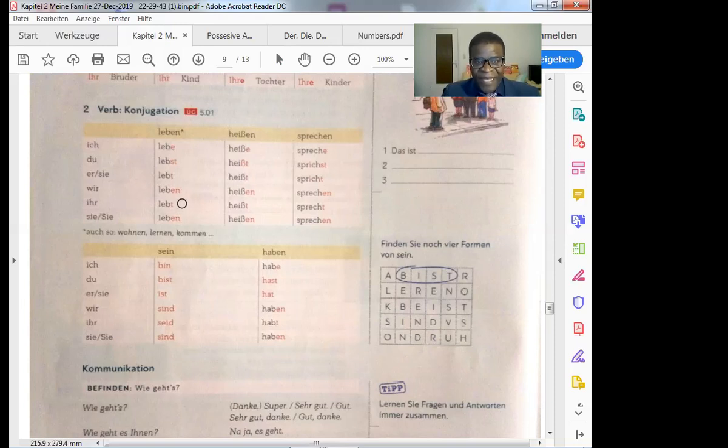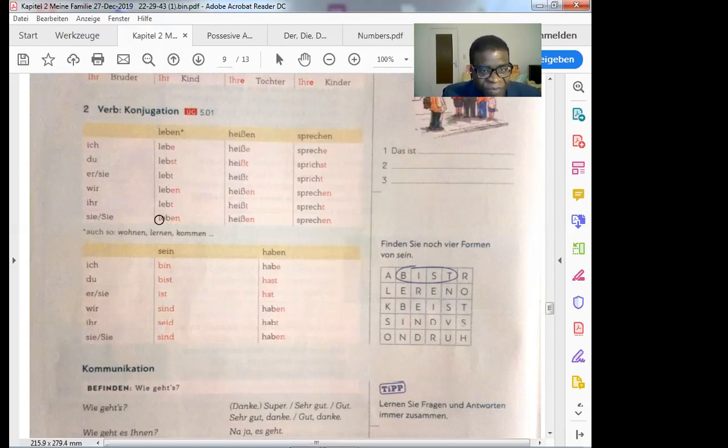Wir leben, we live. Ihr lebt. Here, in this case, plural. Okay? Plural. Sie, respect. Sie leben. Or plural as well, sie leben in Deutschland.